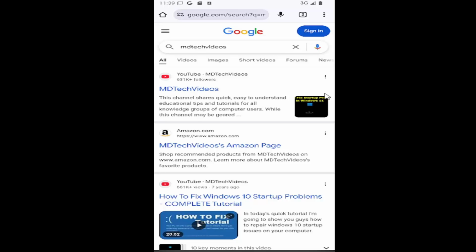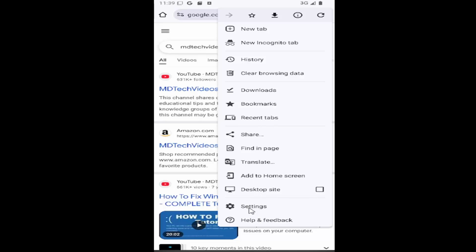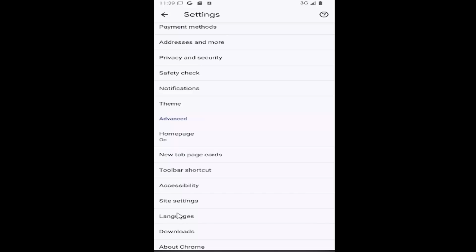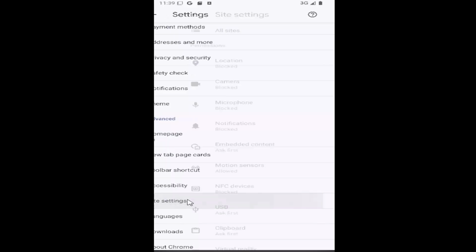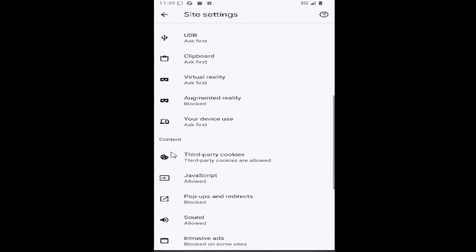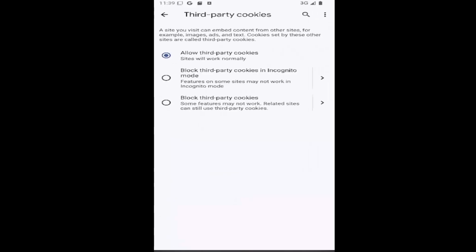So all you have to do is select the three-dotted icon in the top right corner of the browser and go down and select the settings icon. And then scroll down underneath Advanced and select the Site Settings tile. And then go down once more underneath the Content section where it says Third-Party Cookies. Select that. So if you want to block third-party